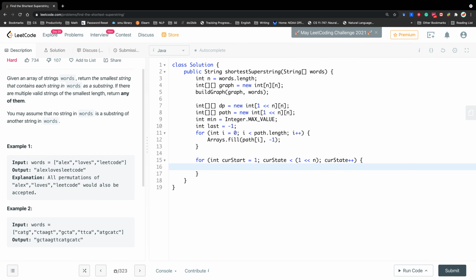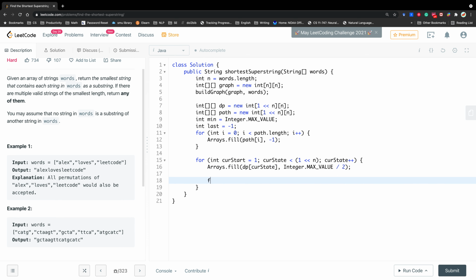So we should initialize the DP array. Arrays fill DP current state to integer max value, but in case of integer overflow, we divide by 2. Then for current node, start from 0, current node less than n, current node increment by 1. What's next? We want to check whether the current state